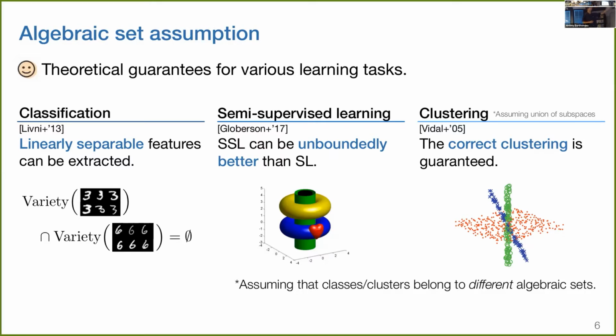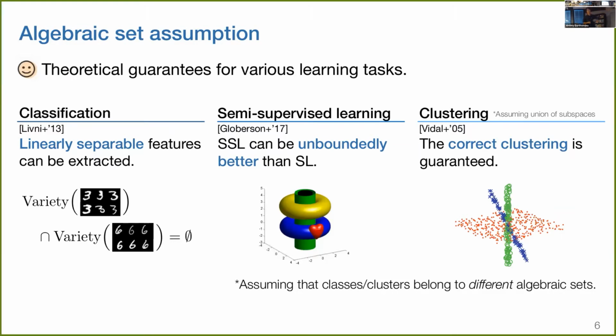Okay, so here is the example. One is classification. Under some conditions, we can extract linearly separable features, which is very nice because we can use a linear classifier after this. And also in semi-supervised learning,